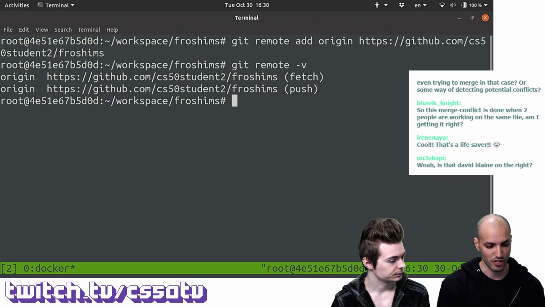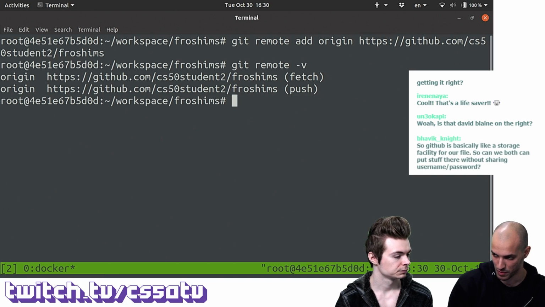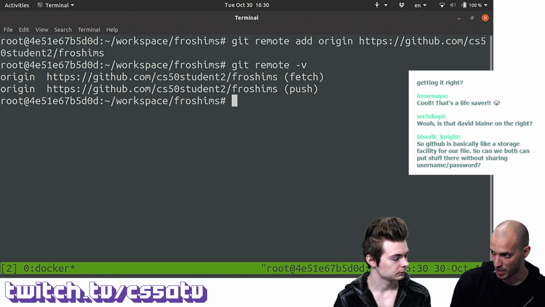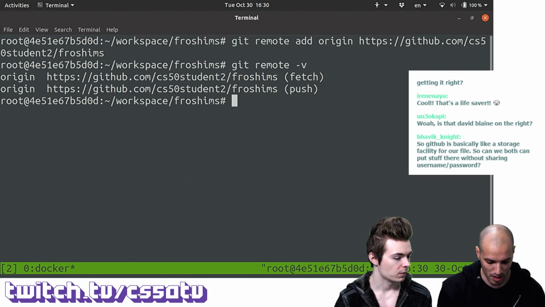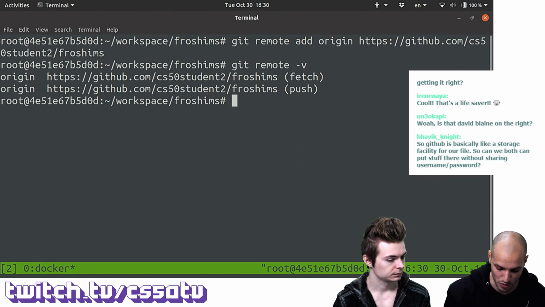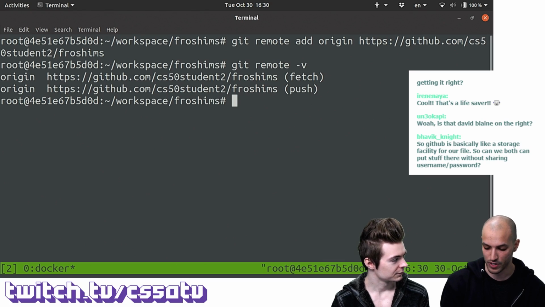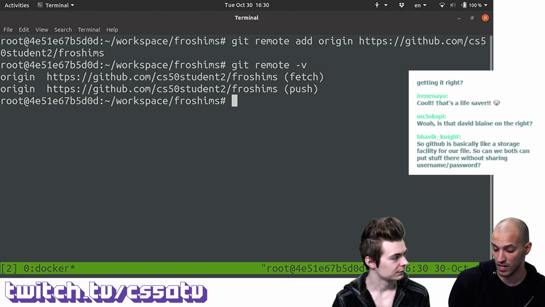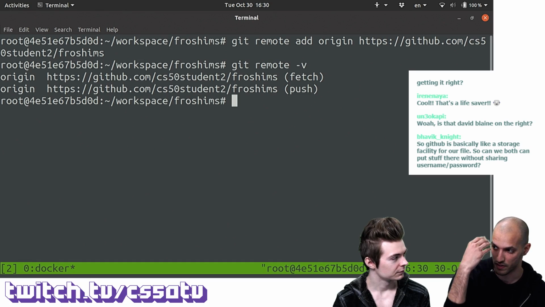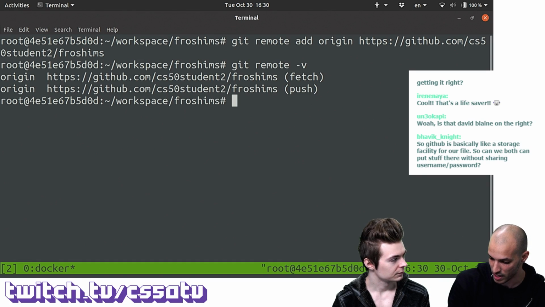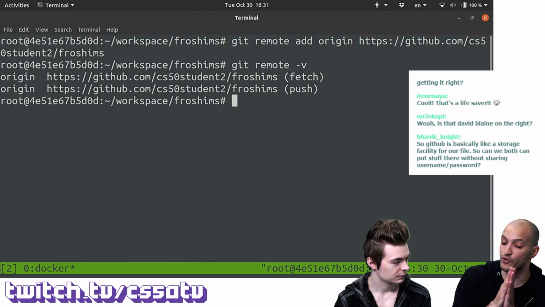Correct, and notice that Git is actually listing these separately for fetch and push. This is because it's actually possible to read from some repository and push to some other repository. We're going to briefly talk about forking soon, but suppose you want to contribute to some open source project on GitHub. You want to ideally sync with this project as well as your project, so you could literally set the fetch URL to be the upstream or the original project on GitHub. And instead of pushing to that one, which ideally wouldn't be allowed, you can just push to yours, your copy of it, your fork.